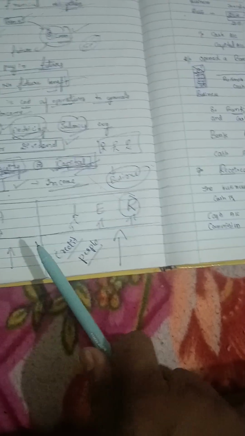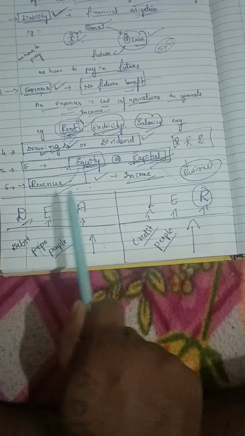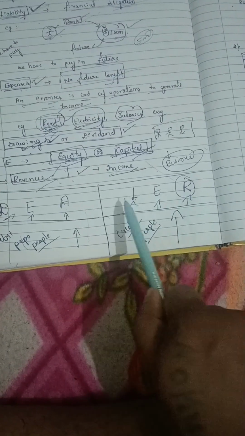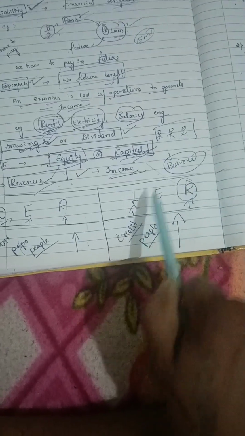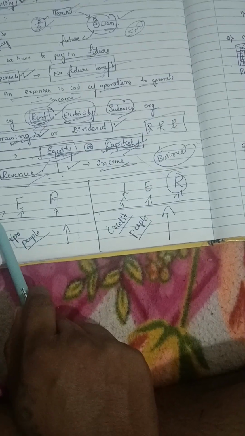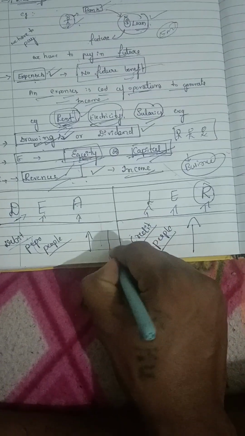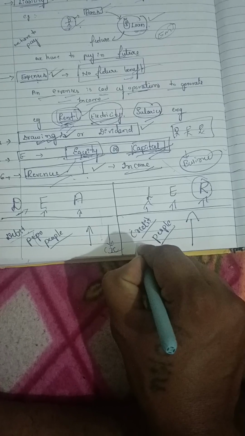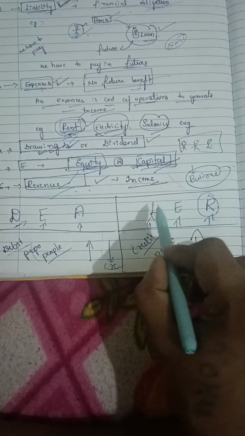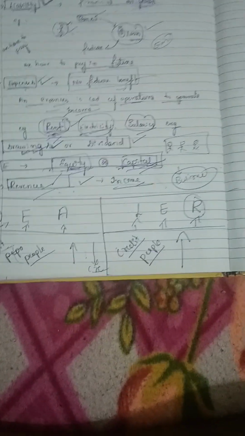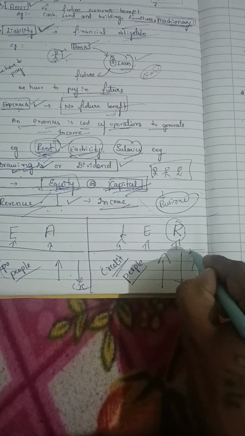These are debit side people, these are credit side people. If debit side entries come, like drawings, expenses and assets, you have to debit the entry. Credit side people are liability, equity or capital, and revenue. If these entries come into your equation, then you have to credit that entry. Same thing, if these three are increasing, you have to debit. If these three are decreasing, you have to credit. The same policy applies here: if liability, equity, revenue are increasing, have to credit it. If these are decreasing, have to debit it.